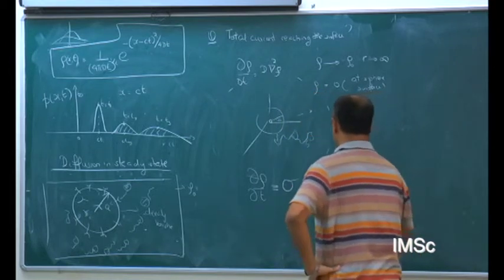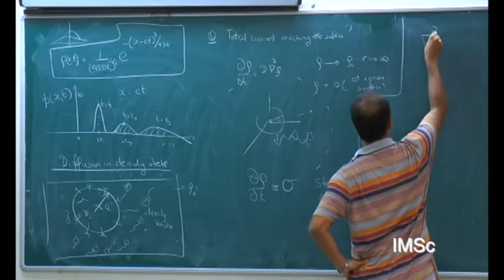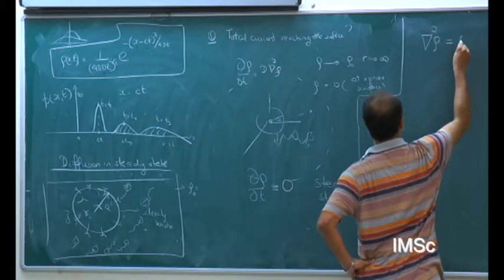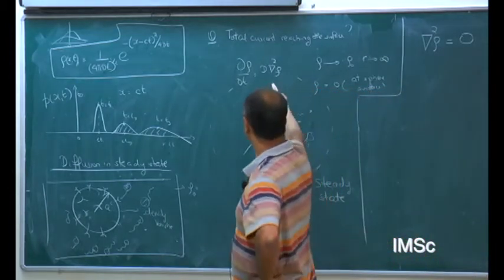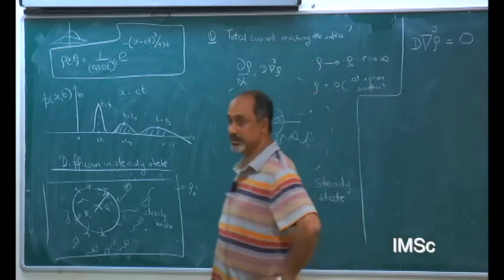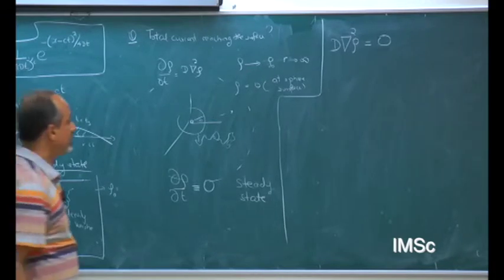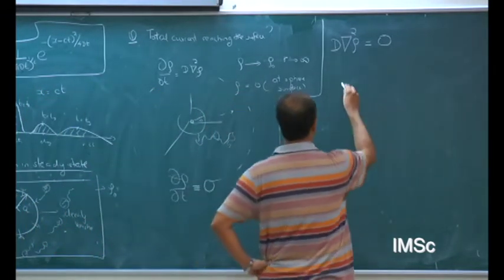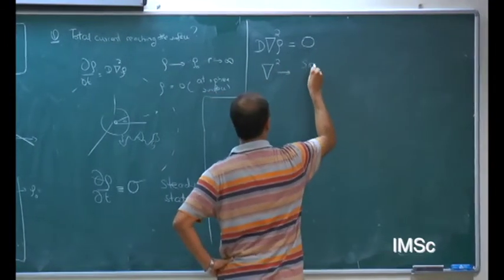So first of all, if we say ∂ρ/∂t equal to 0, that means we can solve the simpler equation ∇²ρ = 0. Because that is all that survives here, and this should be D times ∇²ρ = 0, if I set the left hand side equal to 0. Now, ∇², because I have spherical symmetry,